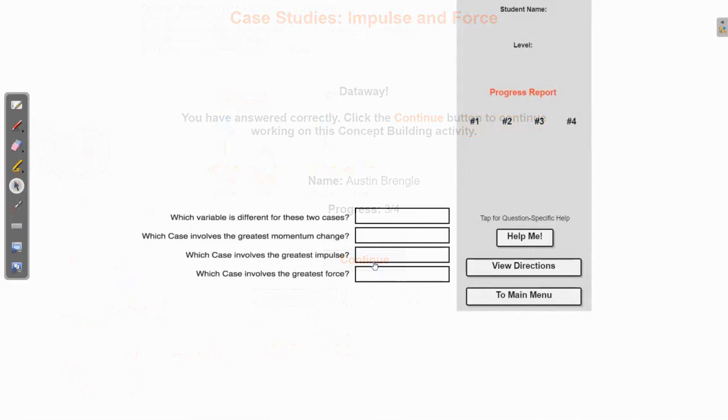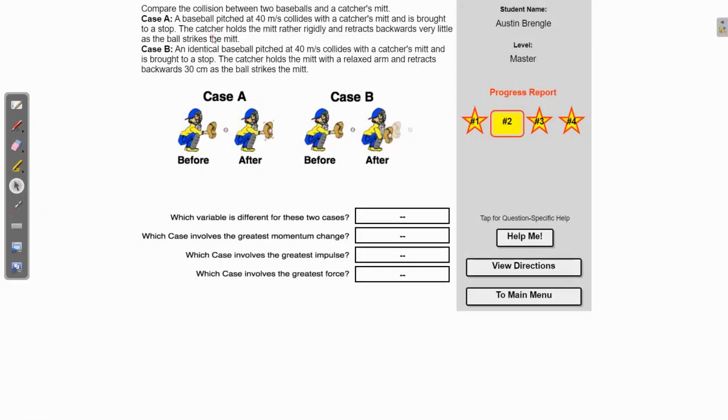All right, the last one here. This one says that we are going to compare the collision time between two baseballs and a catcher's mitt. In case A, the baseball is pitched at 40 meters per second, collides with the catcher's mitt, and is brought to a stop. It says the catcher holds the mitt rigidly and retracts backward very little as the ball strikes the mitt. In case B, an identical baseball is pitched at 40 meters per second, which is the same velocity as case A, hits the mitt and is brought to a stop. However, this time, the catcher holds the mitt with a relaxed arm and retracts backwards 30 centimeters as the ball